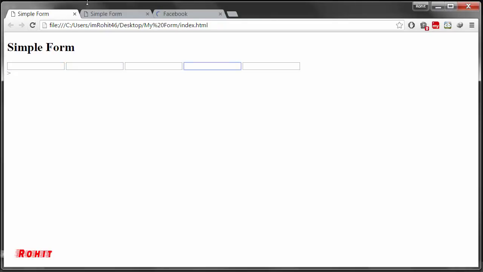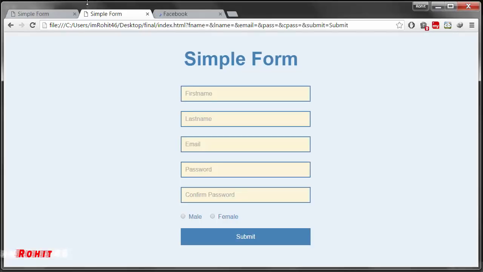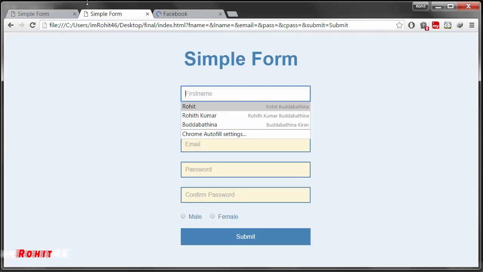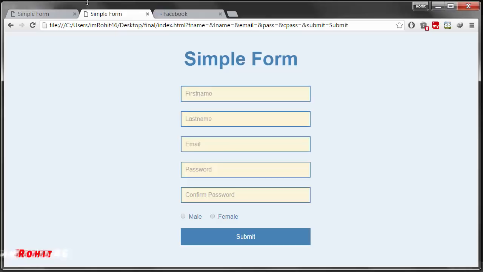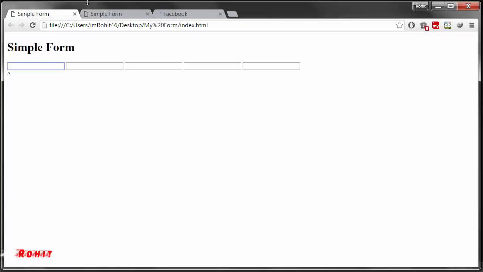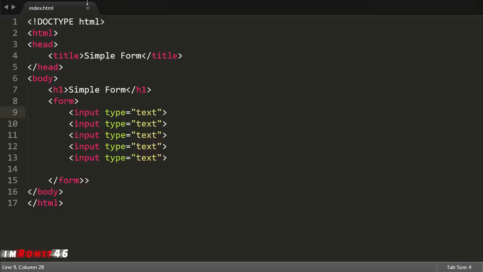If you look at this form, there is some name indicating what to enter here. So first name, last name, email, password, showing some names. For that purpose I'm using placeholder for this. Placeholder, this is first name,